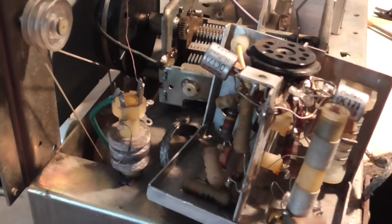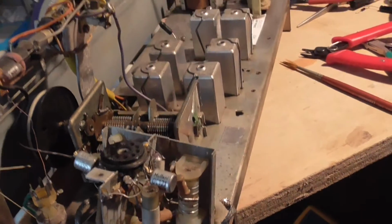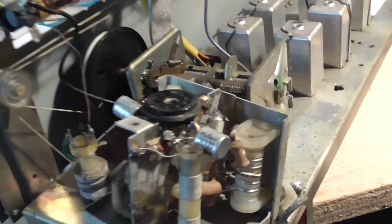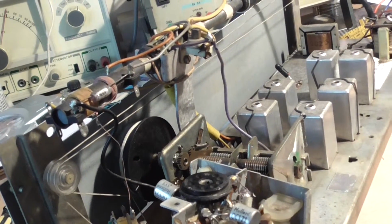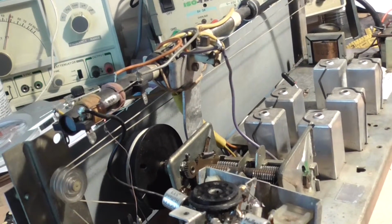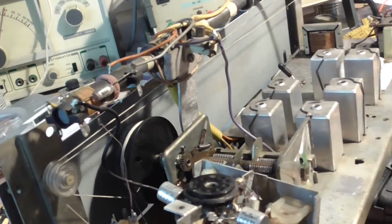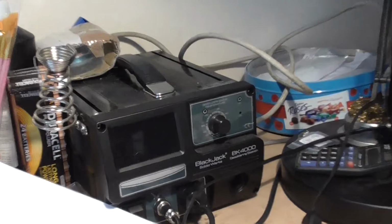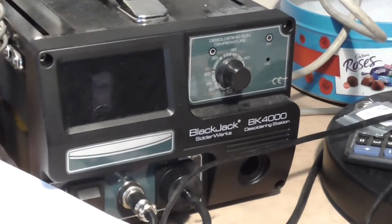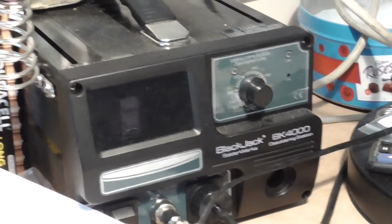Yeah, I'm just having a bit of trouble getting one bit unsoldered. That shouldn't take long. But I just want to mention something else while I'm at it. I wanted to use my solder extracting machine, and let's put it this way. I bought this some time ago because of the problem I had with my Hakko. I won't go into details on that at the moment. So I bought this, my solder extractor replacement for the Hakko, which I had a lot of trouble with. And in using this, I'm not having much luck with this one either, because